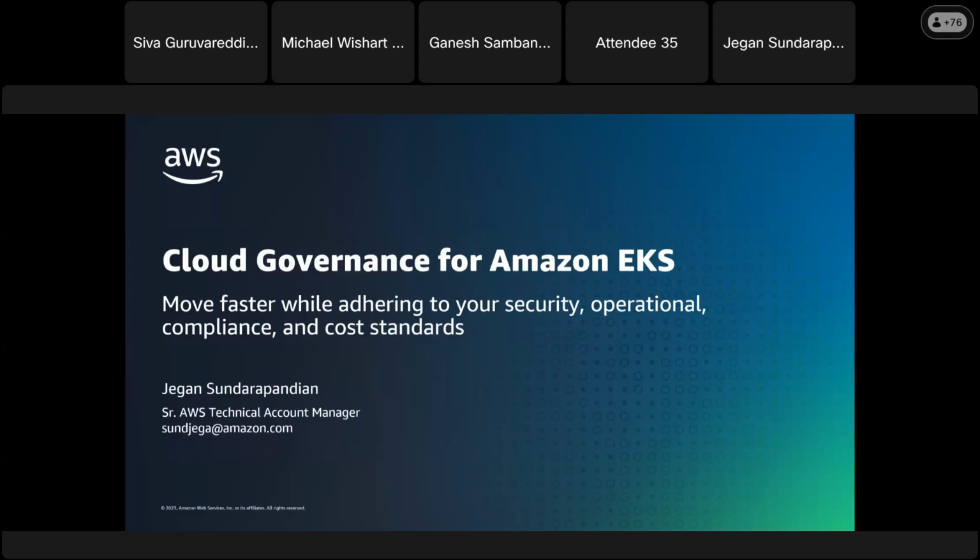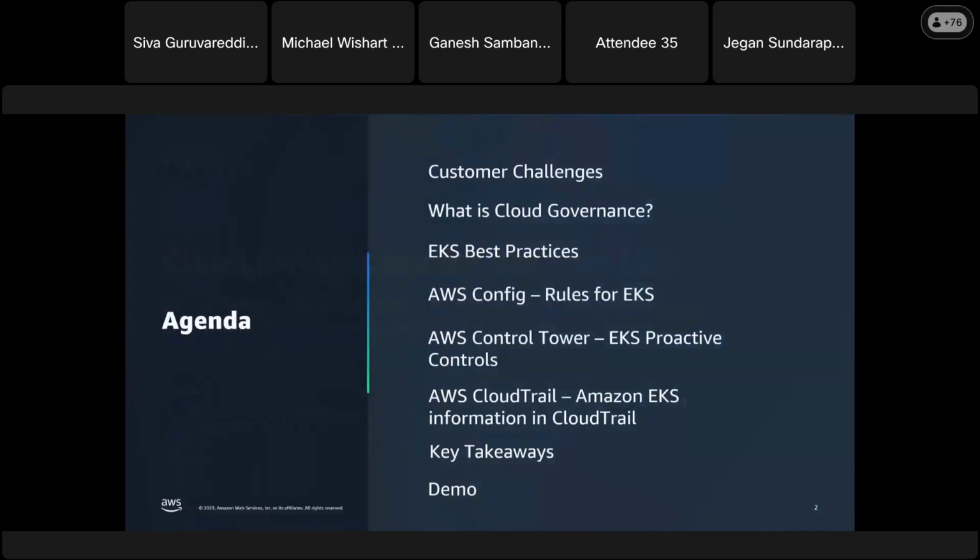So in this section of the presentation, I'm going to talk about cloud governance for your EKS environment. So let's quickly talk about the agenda items. I'm going to talk about some of the common challenges that customers face as you are adopting EKS and AWS.